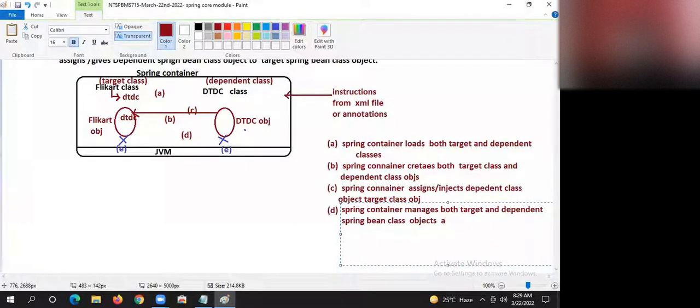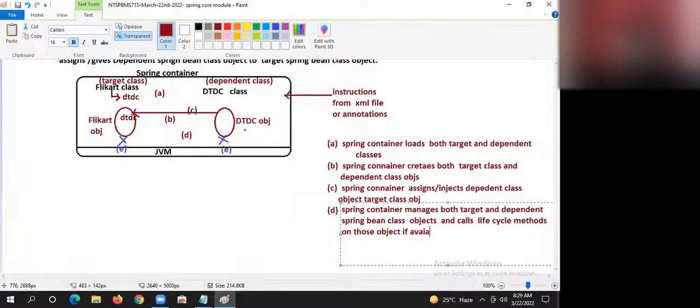And it calls lifecycle methods on those objects if available.